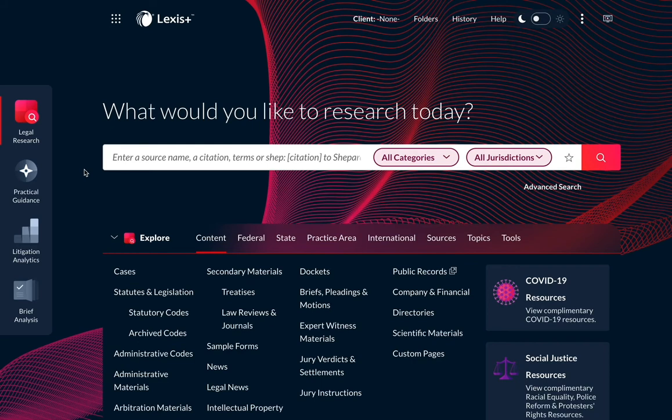Lexis works similarly to Westlaw for retrieving a statutory section. You can retrieve the statutory section by typing the citation into the search bar, or you can navigate to your statutory section via statutory codes, which are listed under Statutes and Legislation on the home page.